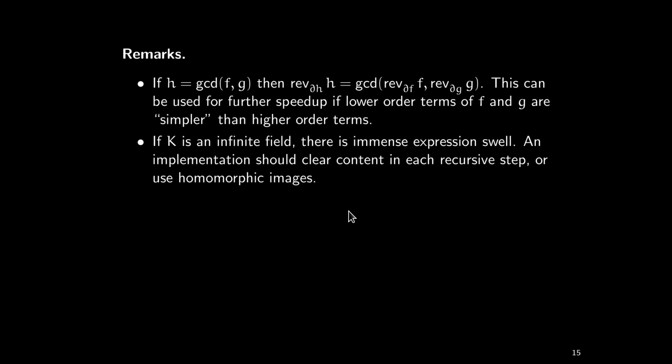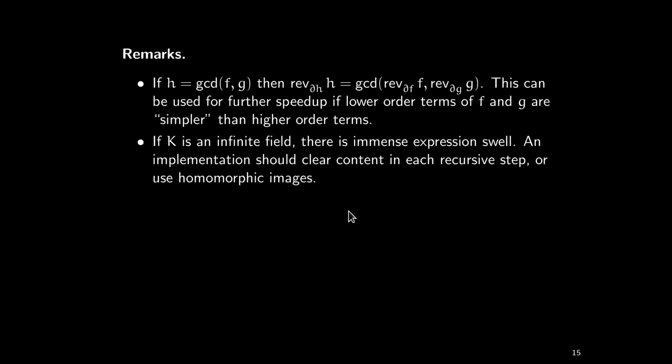So if you do a Euclidean algorithm for polynomials over the rational numbers, and you really don't want to use homomorphic images for some reason, then you must ensure that you always divide the remainders by their content. Either make them monic or make them integers and primitive,